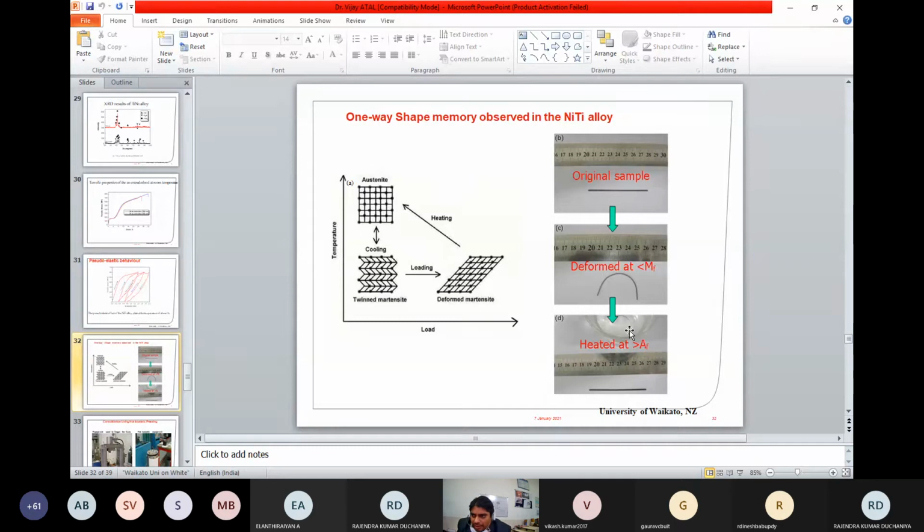This is approximately near 80 to 90 degrees centigrade. Above it, the material regained its shape. So this is the phenomenon occurring as explained before. This material showed a shape memory effect.